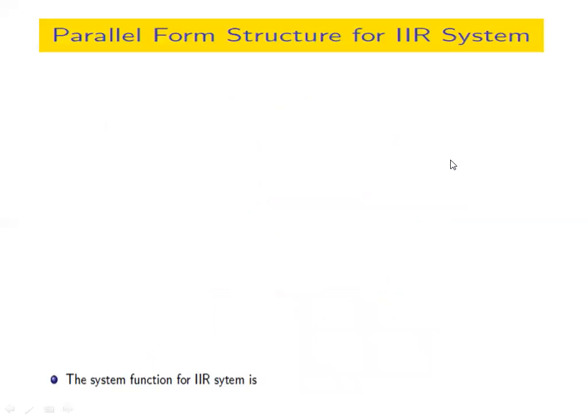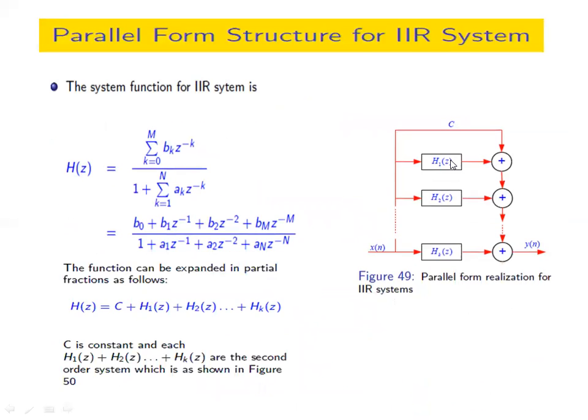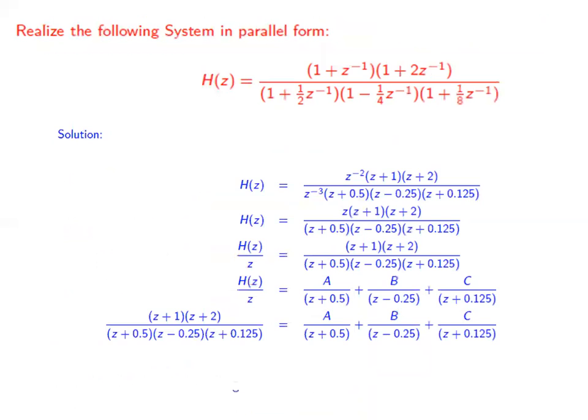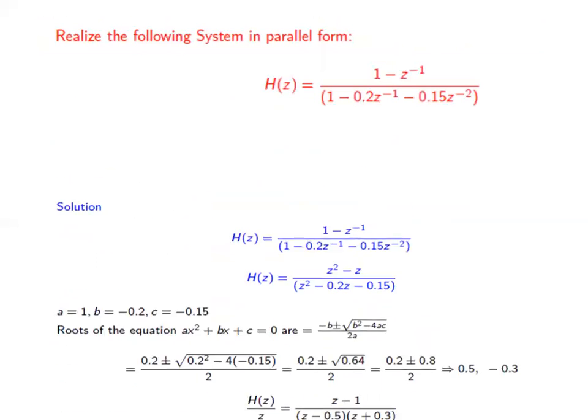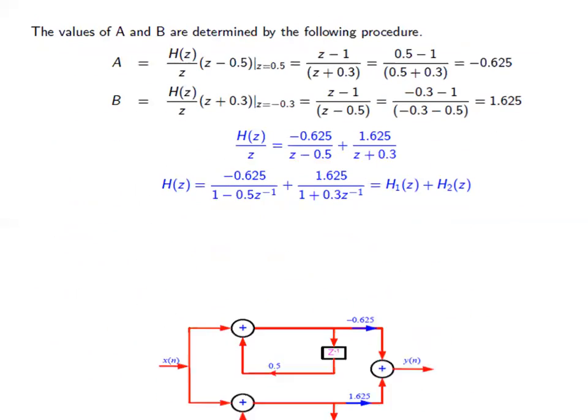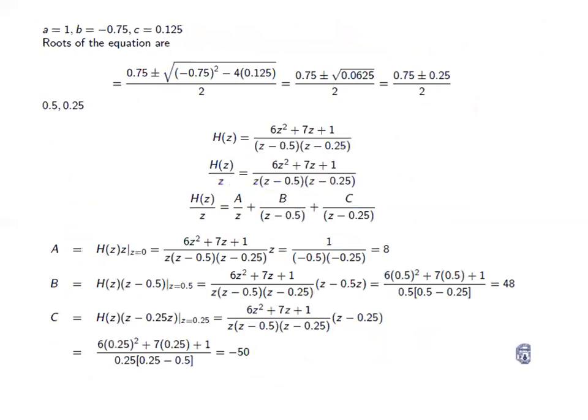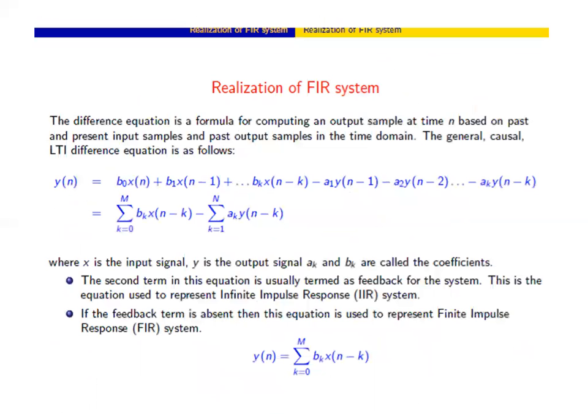So this is all about the realization of IIR filter in cascade form, direct form 1 and direct form 2. This FIR form structure is not required for your syllabus. If anyone wants to do it as practice, they can refer to this and complete the parallel form realization of FIR system. This part we will discuss in the next lecture. Thank you.